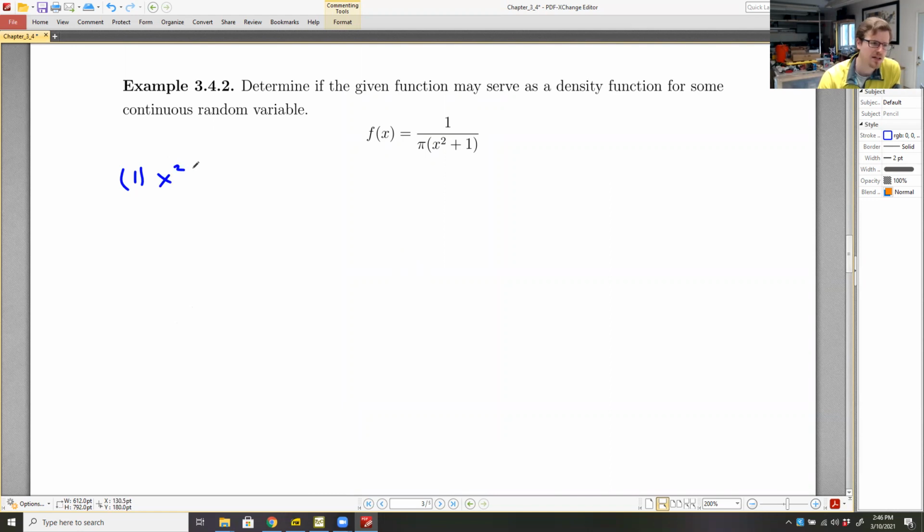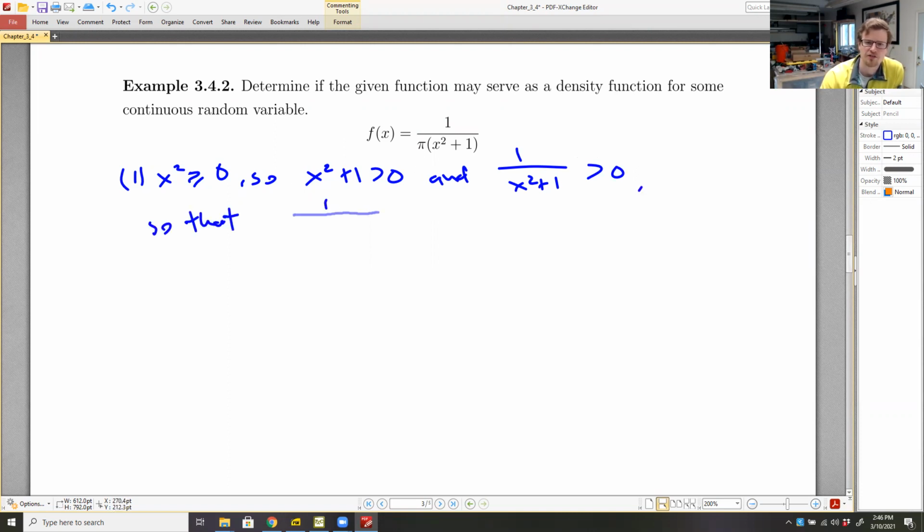First of all, any number squared is greater than or equal to 0. Excellent. So when we add 1 to that, we're going to get that x squared plus 1 is strictly greater than 0. And then if we were to take 1 and divide it by something that's strictly greater than 0, we should still get something that's greater than 0,